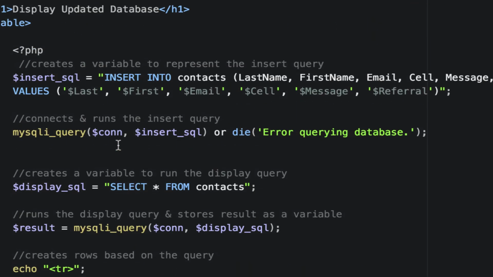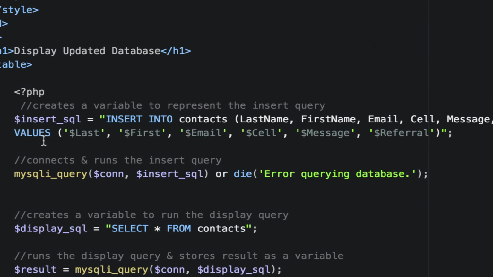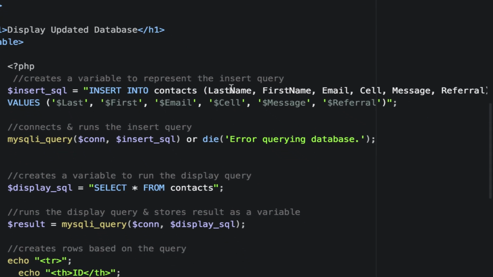So this should all be very similar to what you just did. And then you're just going to have to change these and make sure you're using the right column names. Make sure that everything matches up correctly, or else you're going to get a query error. So that's the way it's set up. So that's pretty much the overview of what we're going to do, and I'll get you started on the next